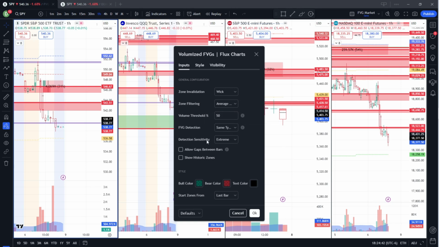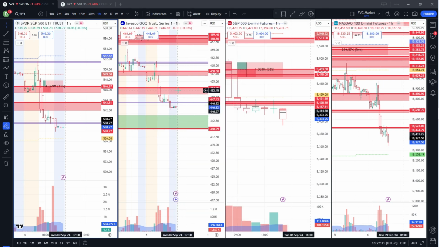And then the next one is the detection sensitivity. Now you can have this set to low. It's set to low or normal by default. I have mine set to extreme, so that means that it will find more fair value gaps. Now I had this set to low at one point in time, and it was very, very effective. But then I moved it to extreme, and I see that when I had it set to low, and I had a bullish fair value gap, say for instance down here, and the next a bearish one's here, bullish here, I would see some activity in between, some pretty good market reaction,